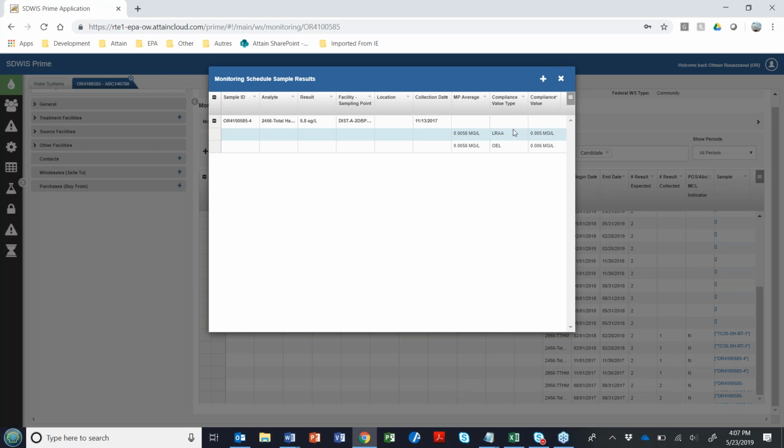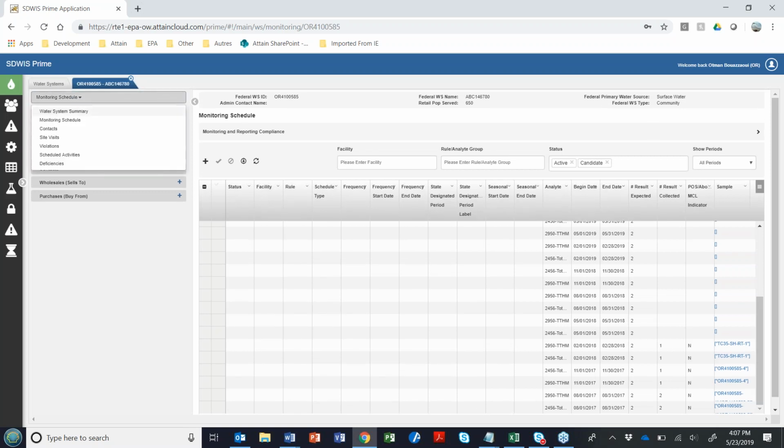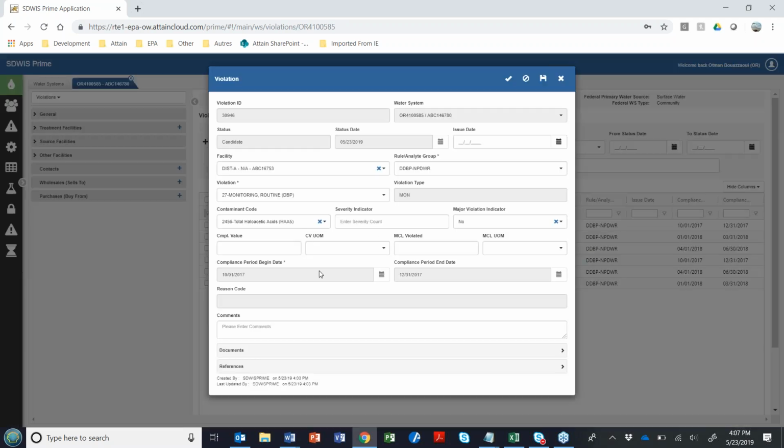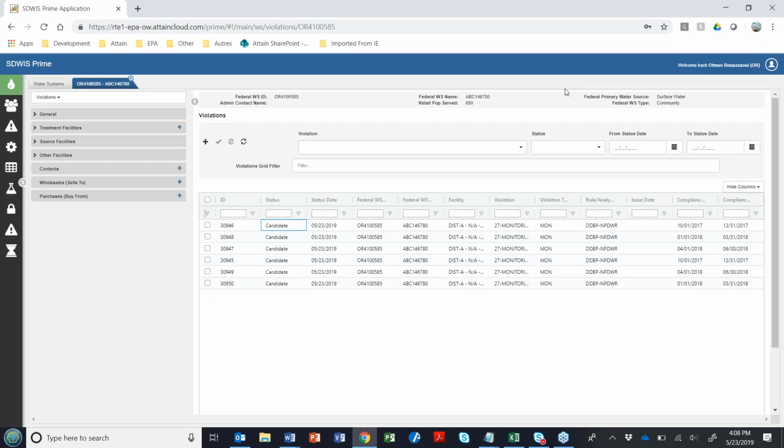We do also intend to add at the bottom of the violation form a display of the results and compliance value that led to the candidate determination. As you can see, we don't have it there at this point. We've got some of that design, but we haven't completed it, so we are hiding it for the time being.